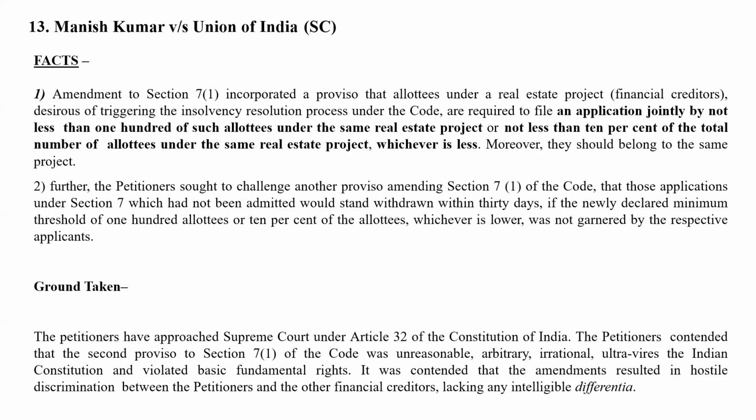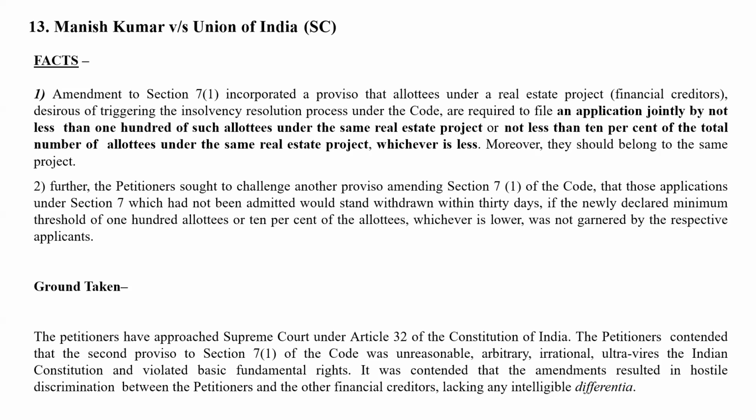तो इन्होंने यहां पर क्या कहा, इन्होंने कहा भाई मिनिमम इतने होने चाहिए, ऐसा नहीं कि एक आदमी को तकलीफ है तो पूरे प्रोजेक्ट को ही हाल्ट कर दो। फिर इसको चैलेंज किया गया। Amendment to Section 7(1) incorporated a proviso that allottees under a real estate project desirous of triggering the insolvency resolution process under the code are required to file an application jointly by not less than 100 of such allottees under the same real estate project, or not less than 10% of the total number of allottees under the same real estate project, whichever is less. ठीक है, moreover they should belong to the same project. ये था।